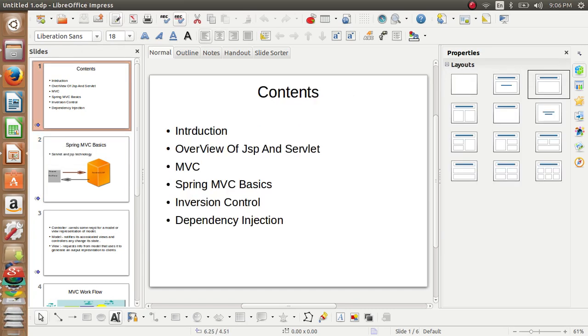We'll be covering some introduction, the overview of JSP and Servlet, MVC basics, and we'll move on to DI and IOC, that is inversion of control and dependency injection. So what is Spring? And why is Spring getting so much popularity, or why should we use Spring? I will answer those questions, but before going inside, I would like to show you how a typical client-server application